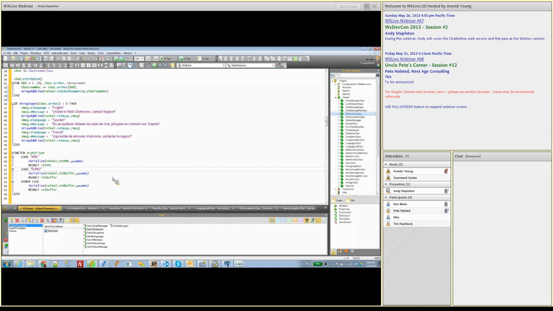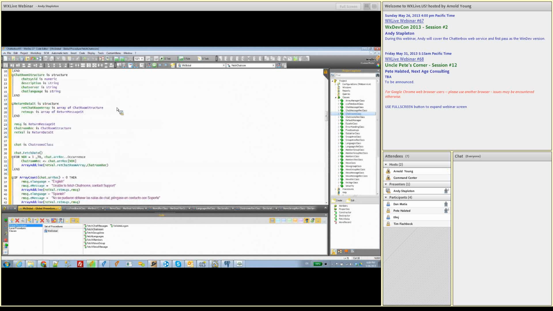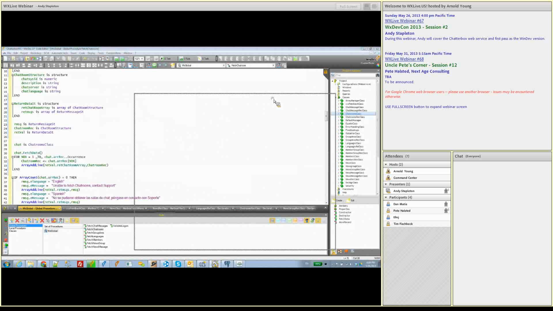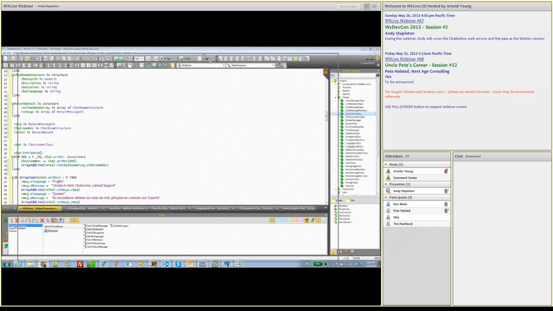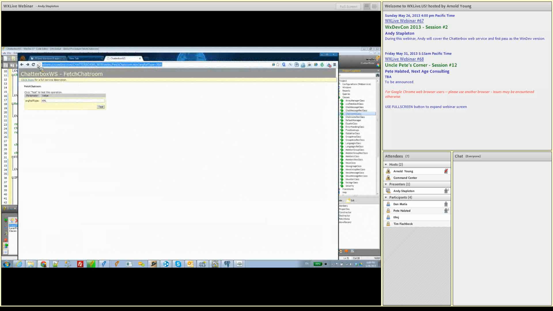So in order to run this and do what this is doing, that is already up there on the web service. For those that have it, you can go to this website or this page here, which is the